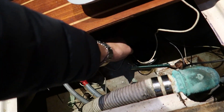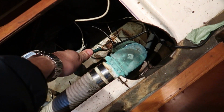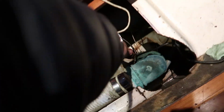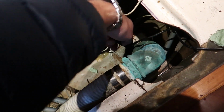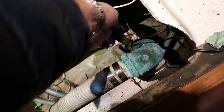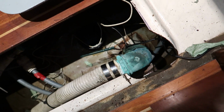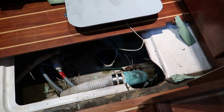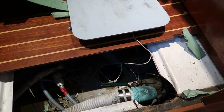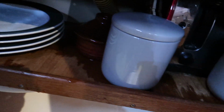It's good practice, guys, even if you don't turn your sea cocks off very often, to come down and open and shut them every now and then anyway, because it keeps everything free. So when you do need to turn them off in a hurry, it's a lot easier to do. So I've switched that one off. Then in the cupboard here, which I've managed to soak quite nicely,